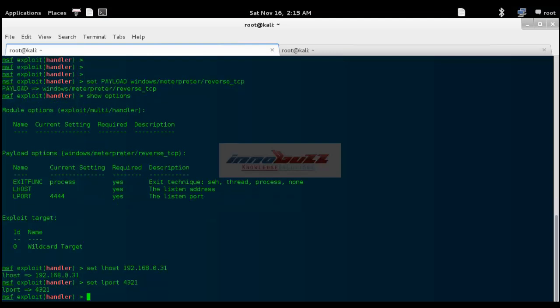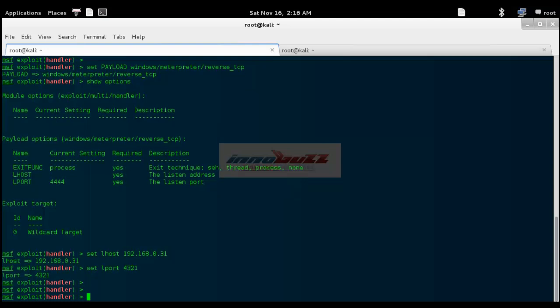So make sure that you have filled these things correctly. If you have not done that correctly, you will end up with nothing. The LHOST, the IP address which you need to fill in, is the attacker's IP address, and the port, you can choose any port. There are 65,535 ports available. What I recommend is to use ports which are not reserved, like 555, 444, 4321, 3321, anyone. So here I'm going to use 4321. It's easy to remember for me, nothing specific.